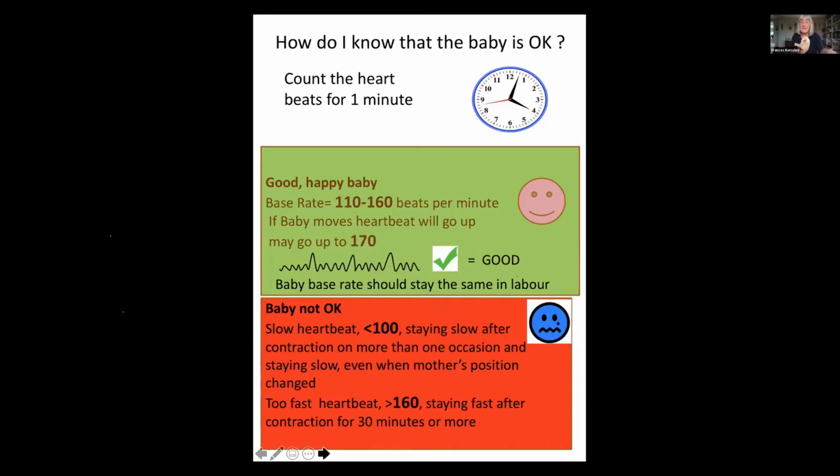So the base rate, the normal heartbeat of the baby, should stay the same all through labour, okay? So you can see in the picture that the normal heart rate is boom, boom, boom, and then it'll go up a bit, boom, boom, boom. And that is good because it's a reactive heartbeat. The heartbeat should vary a little bit all the time,